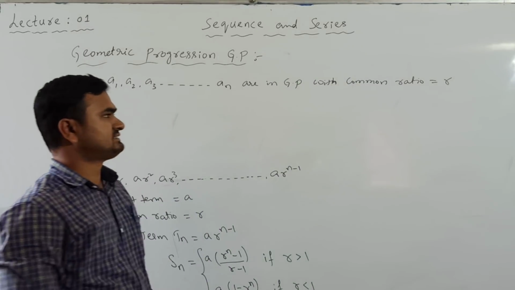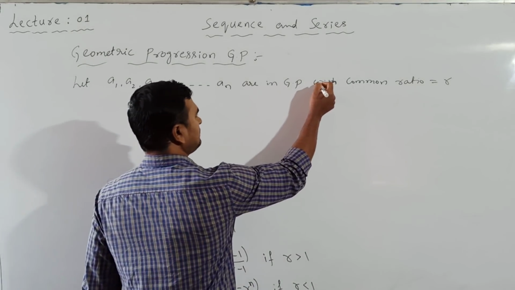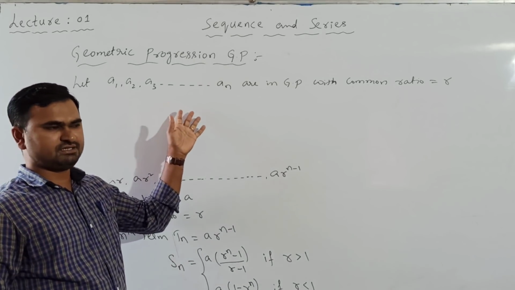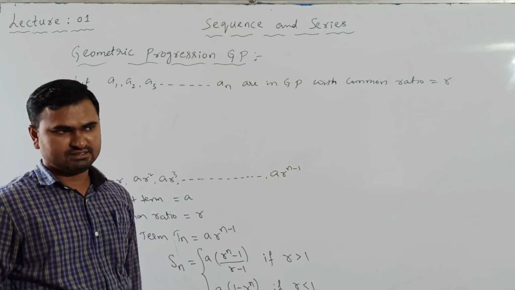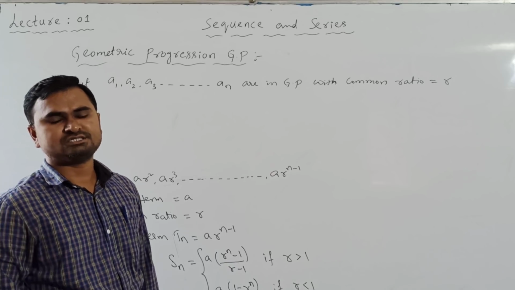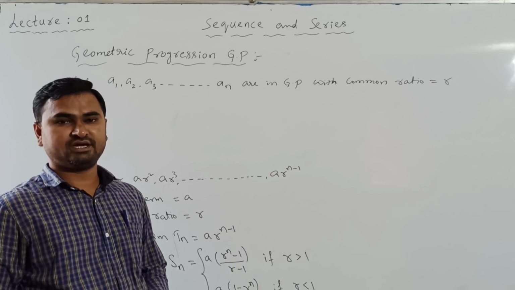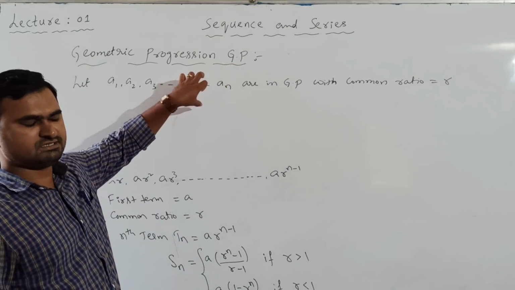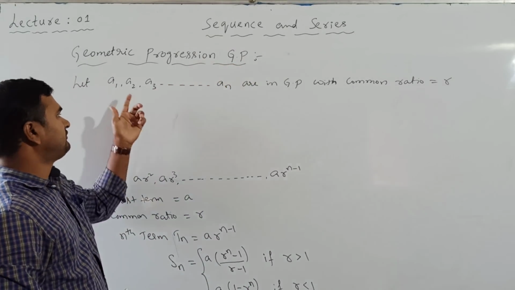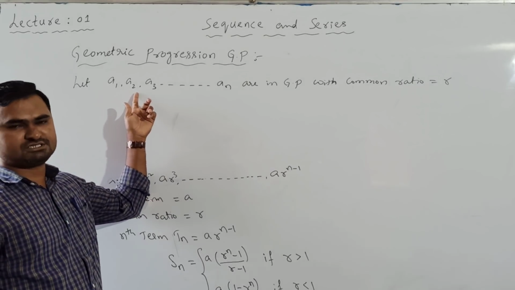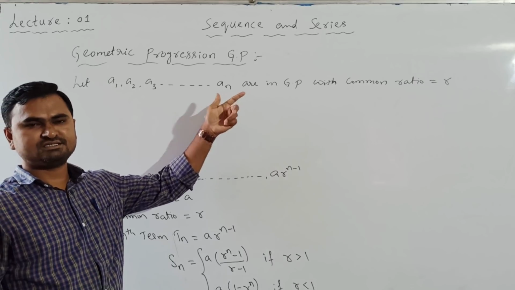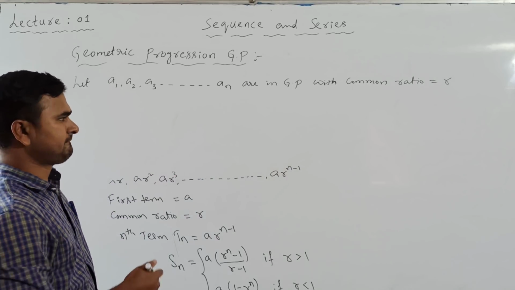With common ratio as R. Now in case of arithmetic progression, we have seen if I add, subtract, multiply or divide some constant to each term of AP, the resulting sequence is again forming the AP. Now can we apply that same here? In case of geometric progression, if I multiply some non-zero constant to each of the terms of this GP, then still the resulting sequence will be in the GP.